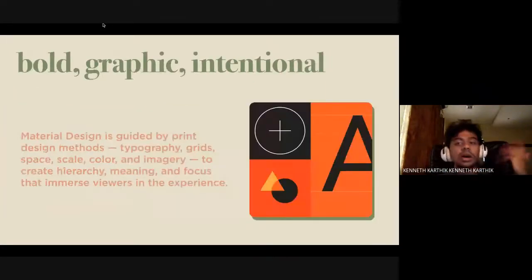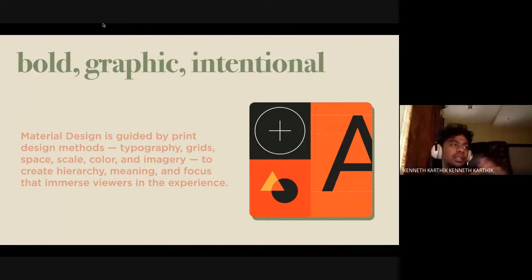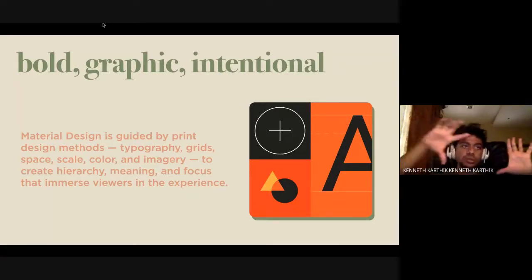And how do they do that? It's through a very intentional design. It's bold and graphic. So if you see everything from the typeface that they use, the grids that they use, all of them will be very bold. There'll not be any smaller boxes or anything. They'll always be properly defined sections. Even on this Google Meet call, you'll notice that everything is